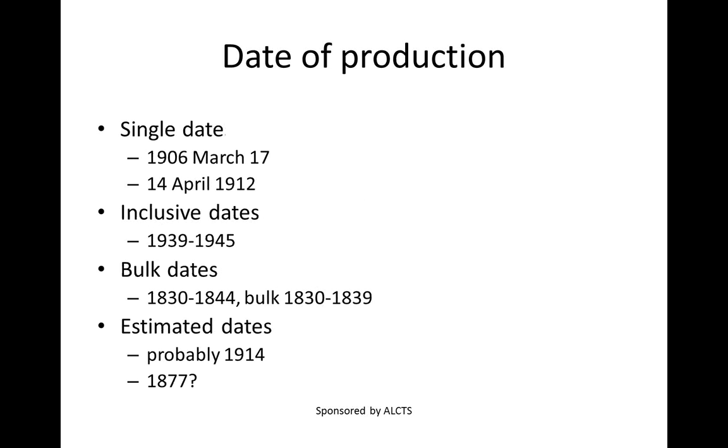So again, looking at some examples of how that works, we can see that for a single date it asks for either the year or a more specific date within the year, although it doesn't provide guidance on how that should be specifically formulated. Inclusive dates are just a closed range from the earliest date to the latest date of material. Bulk dates are added following a comma, and qualifiers indicating estimated or questionable dates are appended to the text string.